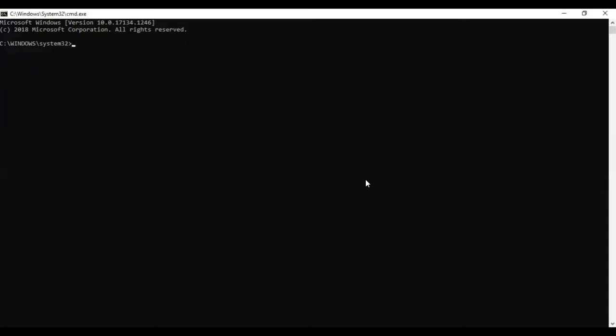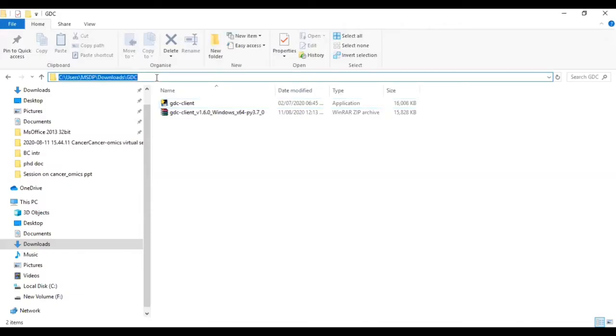So this is the CMD command prompt. Here you have to give the path where the GDC data transfer tool has been downloaded. So I will copy this particular path, which has been downloaded in Downloads, that is GDC, and the CMD command.